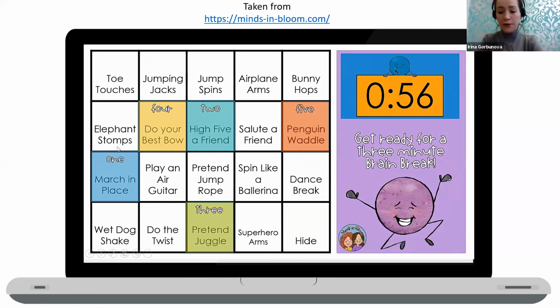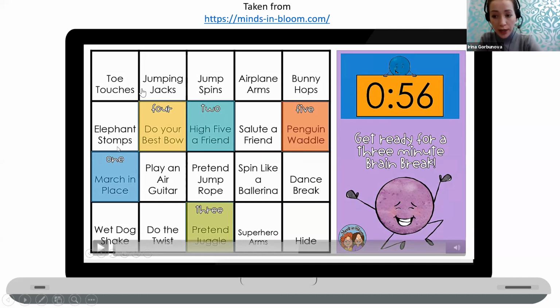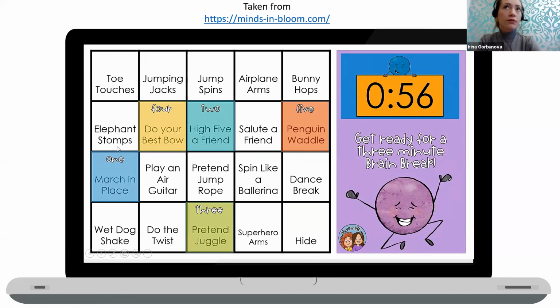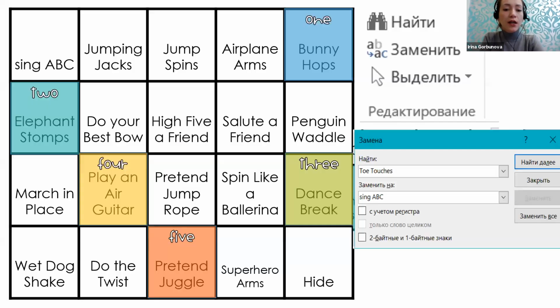If you don't like these activities, for example, you don't like your children touching toes or anything, or you would like to do it more methodological, right? To put some grammar there, or you would like to work through vocabulary also in the active phase, you can do like that. That's a small reminder.